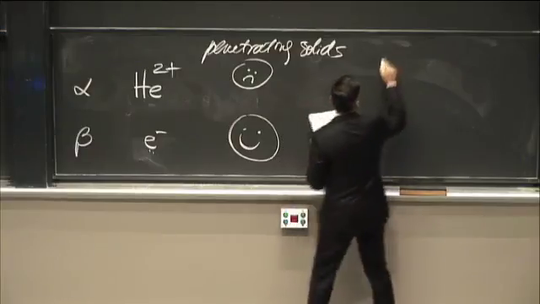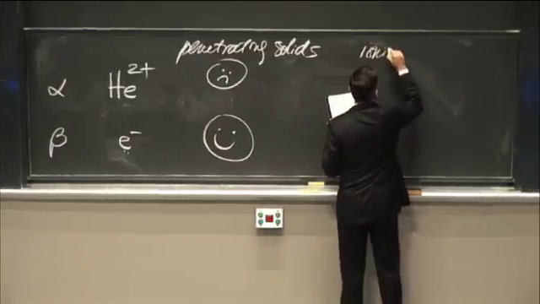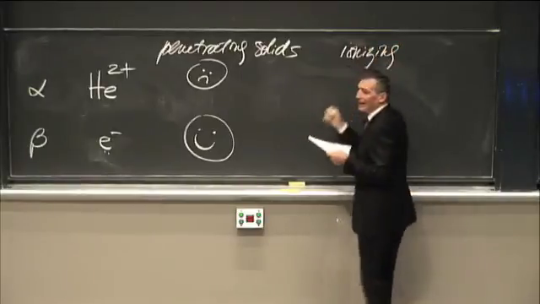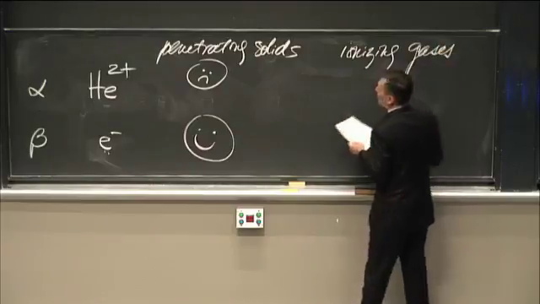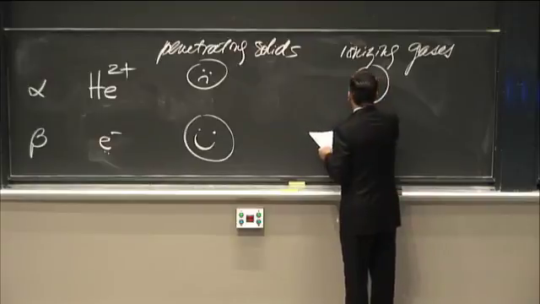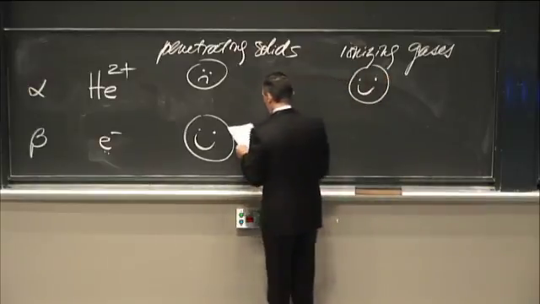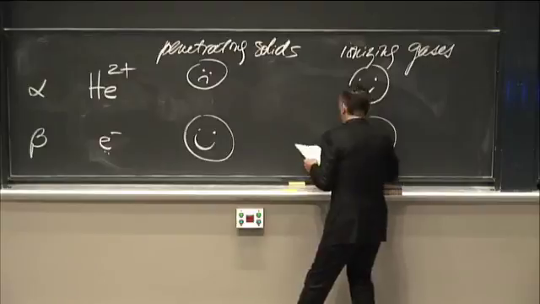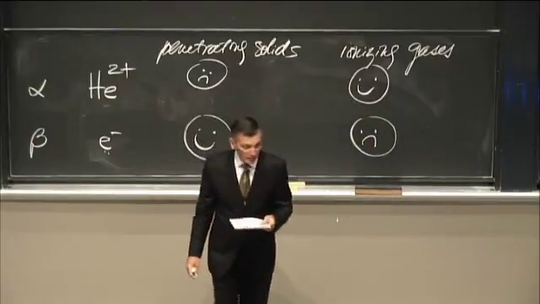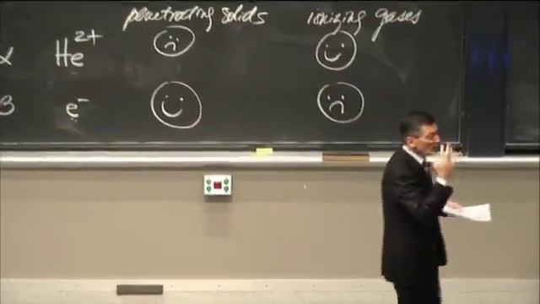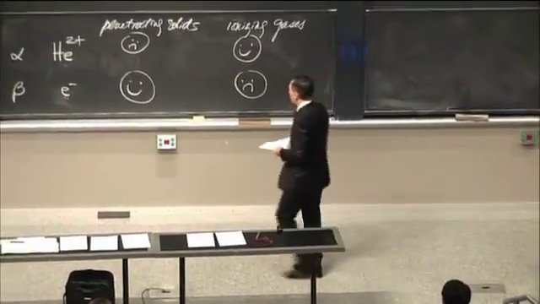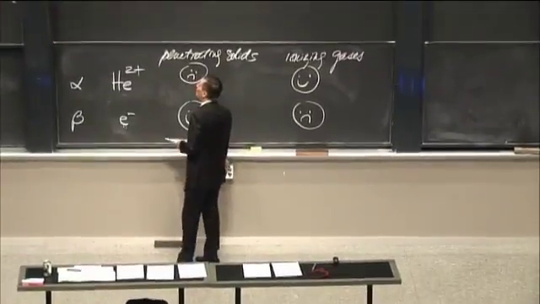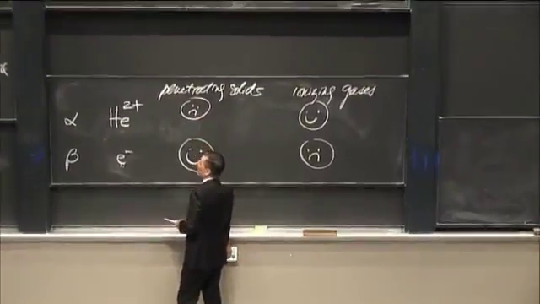And then over here, they were also studying their ability to ionize gases. So if you take a gas and you bombard it with alpha particles, will you get a lot of ionization, yes or no, etc. And what they found was that it was the complementary, that the alpha particle is pretty good at ionizing gases, whereas the beta particle is poor at ionizing gases and in fact is stopped. This is why if you have an electron beam, you need a vacuum, otherwise the electron will be dissipated in very, very short order. So after doing this work with JJ, he got a teaching job in Canada at McGill University up north,